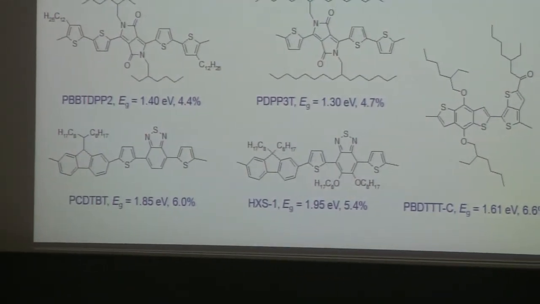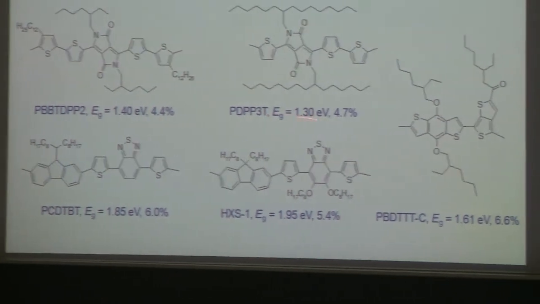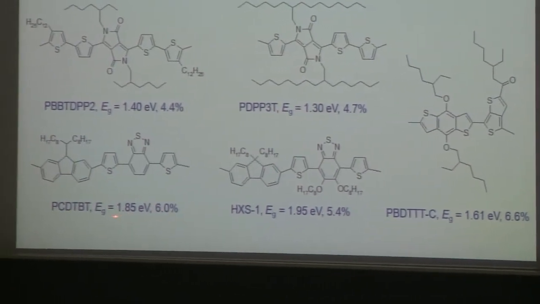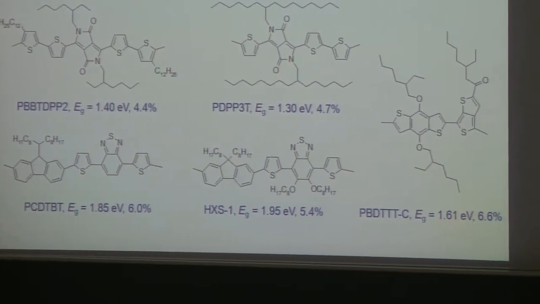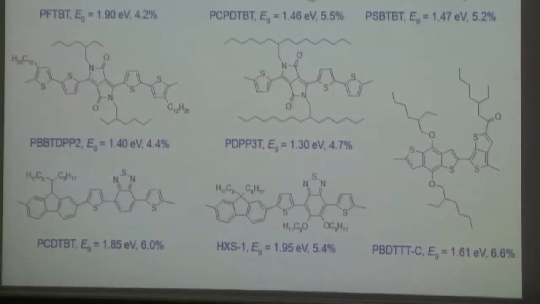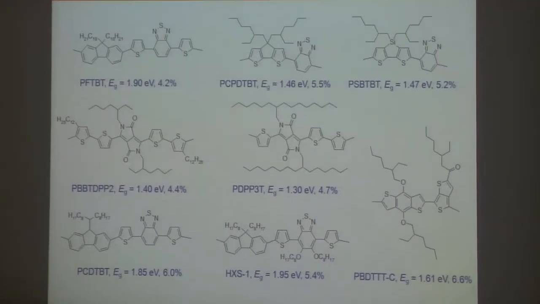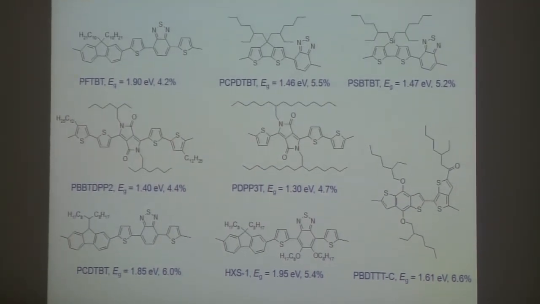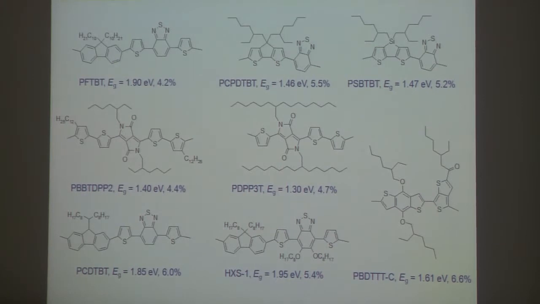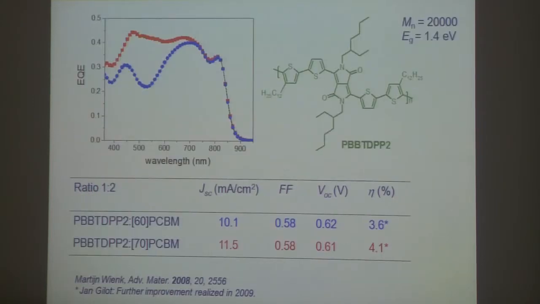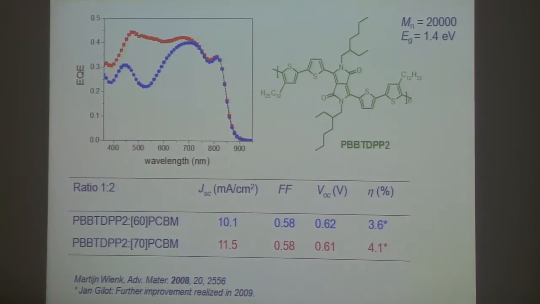But you can see that all these materials are developing, that some of them have band gaps that are interesting for more absorption, 1.6 here, 1.5, 1.4, 1.3. So people are trying to make materials that give lower band gaps. And these are not the best materials out there at the moment. I didn't collect them all. It's going so rapidly that you would need a day task to follow all the literature on what is happening. Just to show a bit on what we have been doing, not that that is better or more important than other work, but just because I had the slides and I can give you the message anyhow,